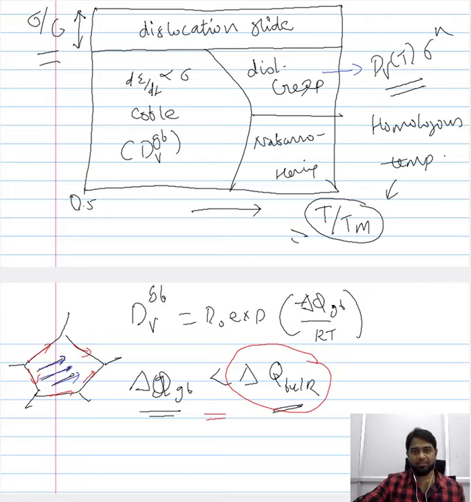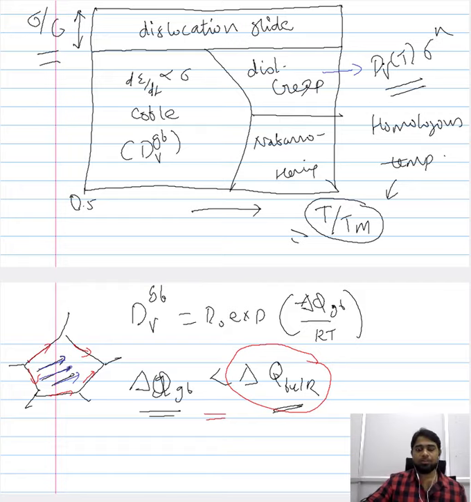So at relatively high stress, you have dislocation glide. At relatively low temperature, you have the Coble creep, because the only way the diffusion of vacancy is possible is through the grain boundary, because that is what offers the least resistance. And when you increase the temperature, you move into the Nabarro-Herring, because you now have sufficient thermal energy to overcome the activation energy rendered by the bulk of the phases. The combination of average stress and average temperature results in the dislocation creep mechanism, characterized by the diffusivity of vacancies and the power law relation between the creep rate and stress.